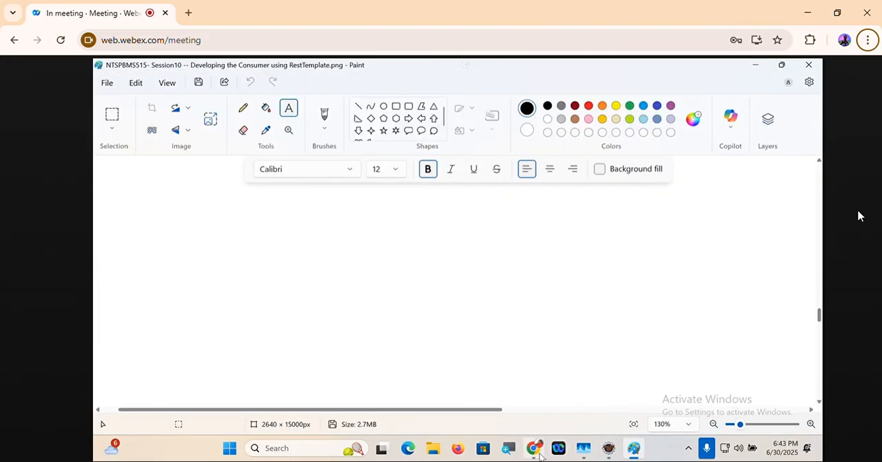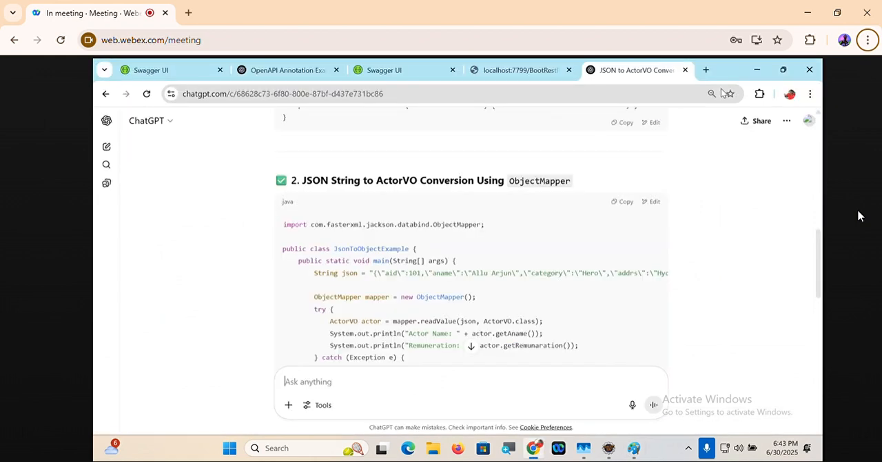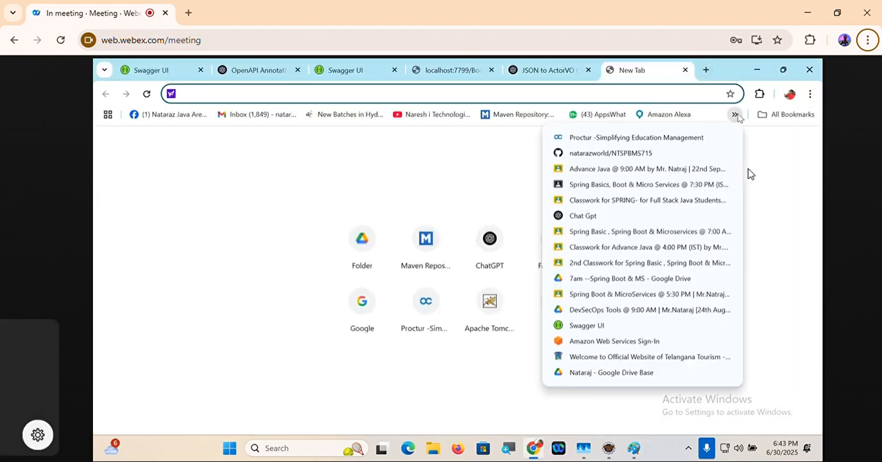Fine. We'll meet and develop the others, how to do post, put, and a lot of things. We will discuss all these things when we meet in